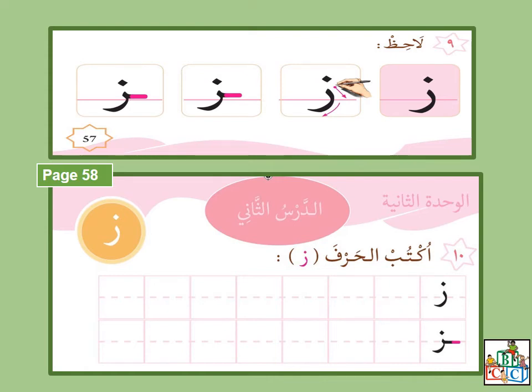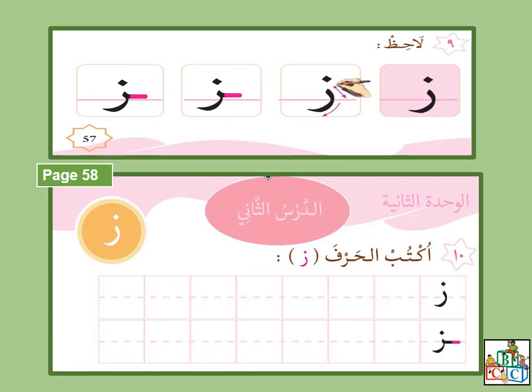Okay, the Z has a dot on it. Then it goes down the line. You follow the arrow. Okay, you begin on top on the line and then go down. And when it is attached, it has to go down the line again, and at the end also down the line. Okay, it's not like dal and dal. Dal and dal stay on the line, but the letters ra and za go down the line.